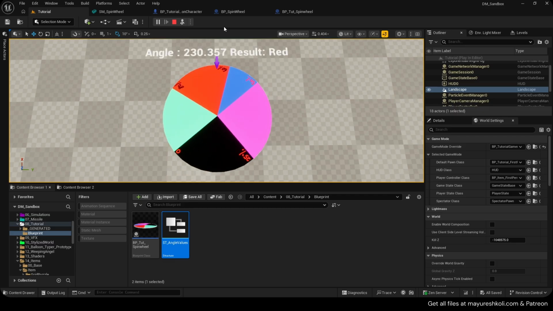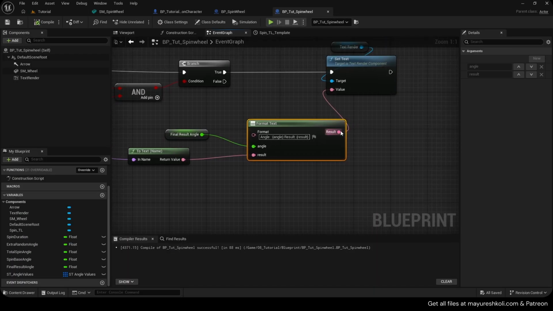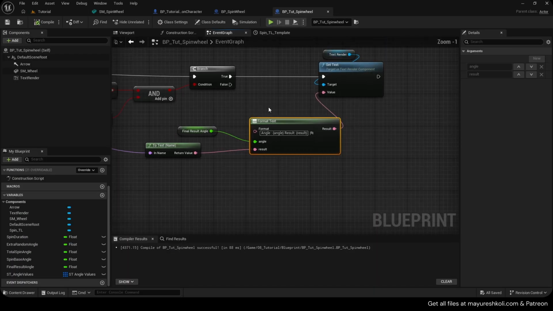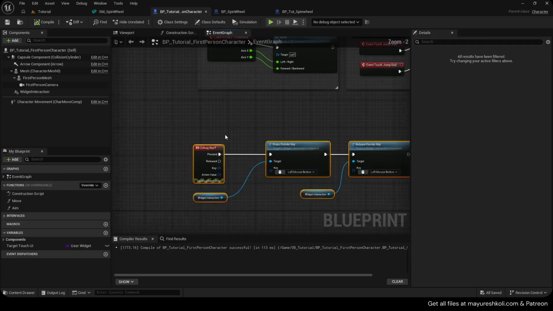That way we basically get a spin wheel, and we also get the result, and you could use that last result string to do some action, like, is it equal to this one, then do this action and so on. I'm not going to show how to create the interact system. There are already so many videos with line trace,